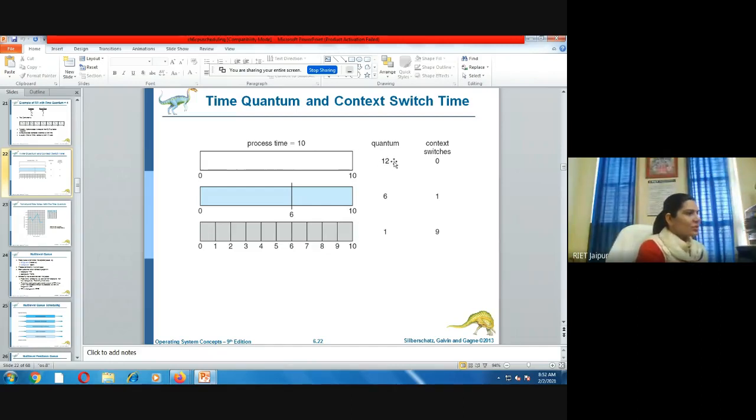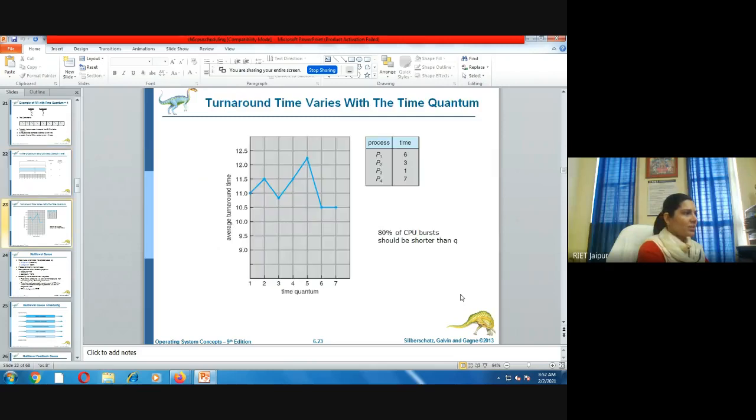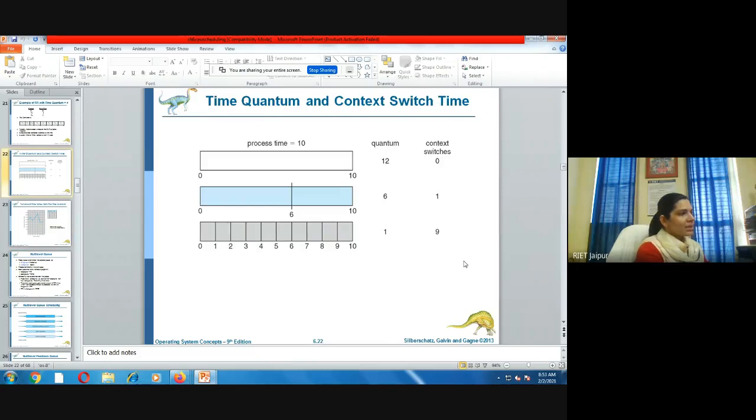So the number of context switches depends on the time quantum. For selection of the time quantum, normally we take the median or medium execution time, so that the performance of round robin scheduling will be improved, because the performance is based on the selection of the time quantum. If the time quantum is too long, it becomes first come first served, and there will be no use of RR. So we need a smart time quantum selection so that the performance of round robin scheduling will be good.